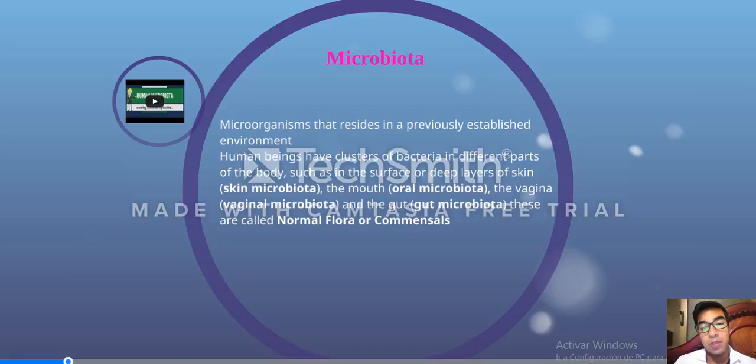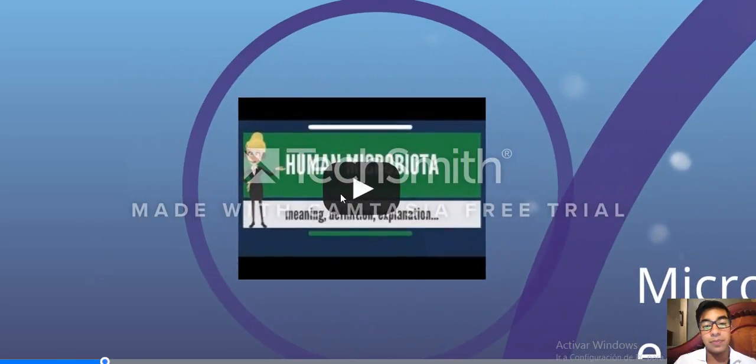Human beings have clusters of bacteria in different parts of the body, such as the surface layers of skin, microbiota, the mouth, oral microbiota, the vagina, vaginal microbiota, and the gut microbiota. These are called normal flora organisms. In the video,